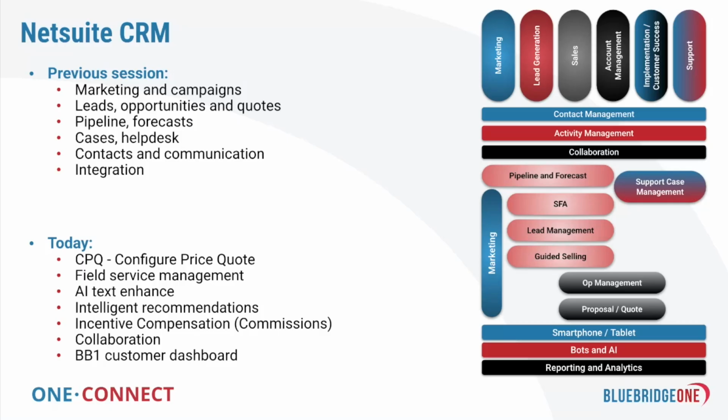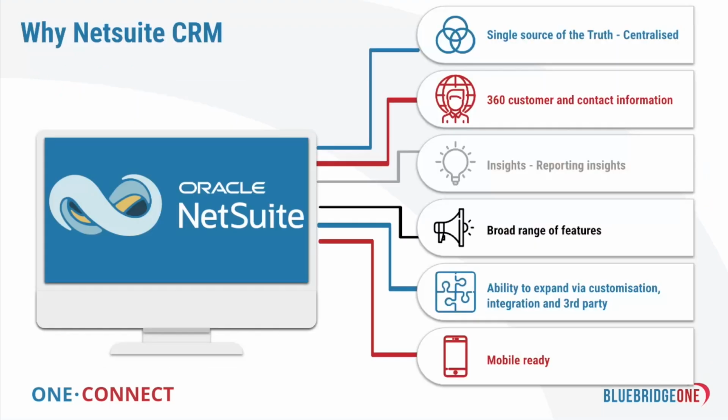So we're going to look at the CPQ configure price quote module. We're going to talk about field services, some more AI. AI is the absolute buzzword these days. We're definitely going to talk about that. With it, also intelligent recommendations. If you've got commission structures, well worth waiting for that portion. And we're going to just touch on collaboration and internal tools that we are developing that is also really worth consideration. So with that,